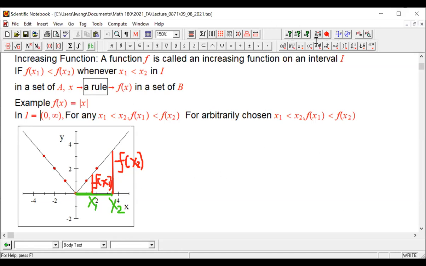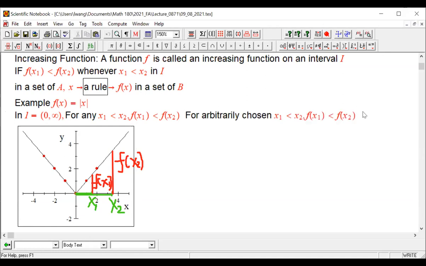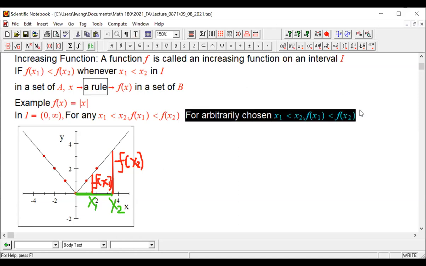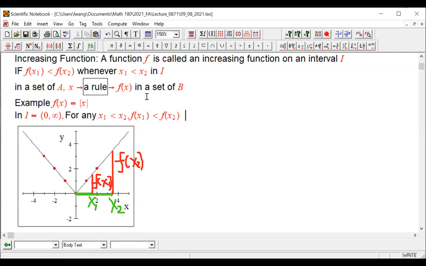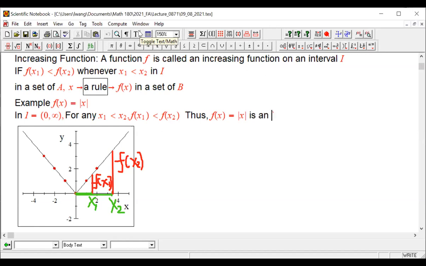So from what we did, you can use this piece, and whenever this happens, therefore, we can draw the conclusion. I'm going to remove this one, just for now. You write it down, right? Did you write it down? Because I want to fit it. If I move, it's going to change things. I'm going to cut this. Then you say thus f of x equals the absolute value of x is an increasing function